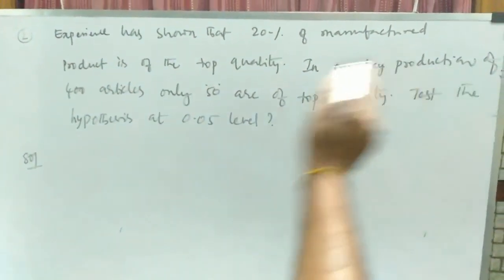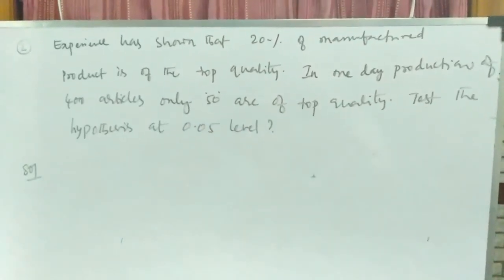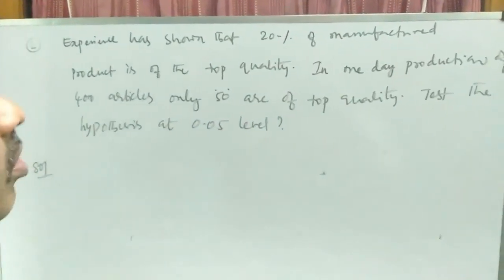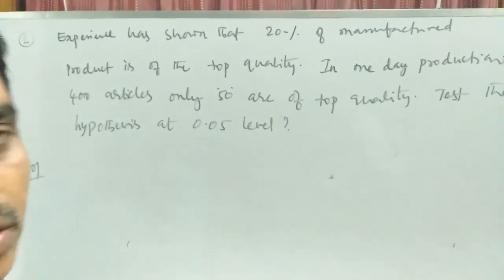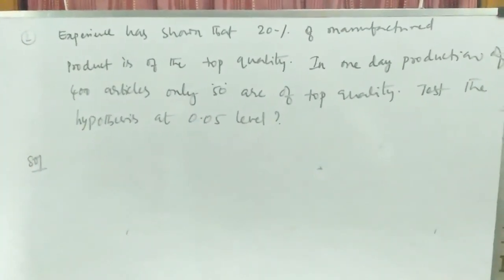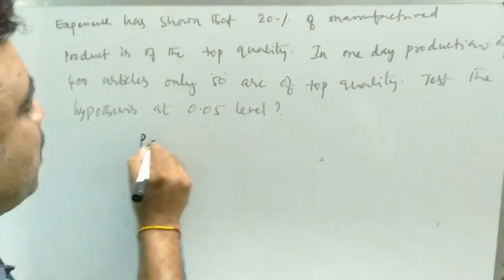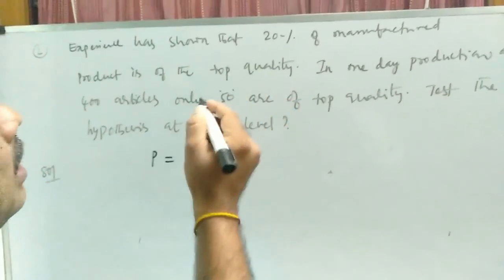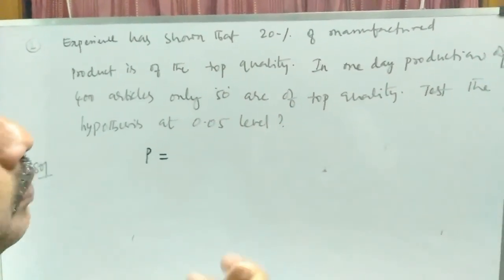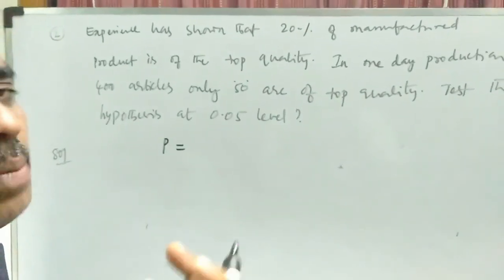In one day production of 400 articles, only 50 are of top quality. Test the hypothesis at 0.05 level. So ఇదంతా పర్సంటేజ్లో ఉందంటే the problem is related to single proportion. అర్థమవుతున్నా ఉంది, capital P ఇచ్చేసాడు. The probability జనరల్గా వాడు ఏం క్లెయిమ్ చేస్తున్నట్టే, బై ఎక్స్పీరియన్స్ వాడి దగ్గర తీసుకున్న వాటిలో 20% మ్యానుఫ్యాక్చర్ చేసిన దాంట్లో టాప్ క్వాలిటీ ఉంటాయని